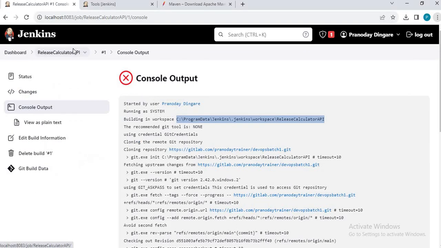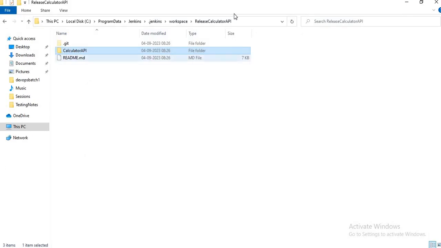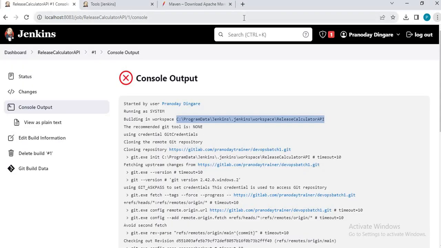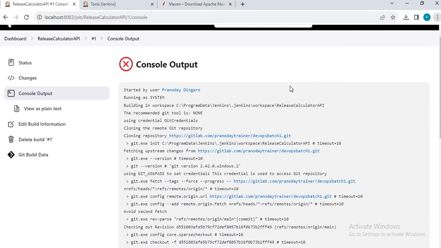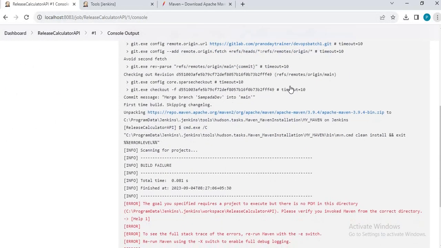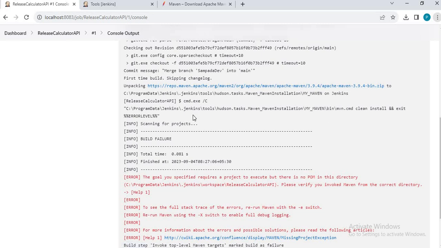Now it tried executing Maven commands from the workspace directory, and it says that in that directory the goal you specified requires a project to execute, but there is no POM in this directory.